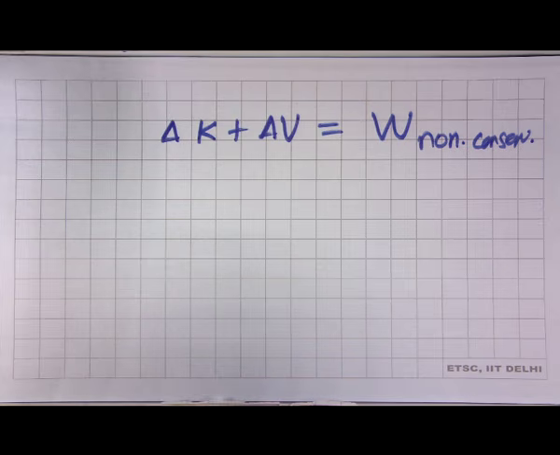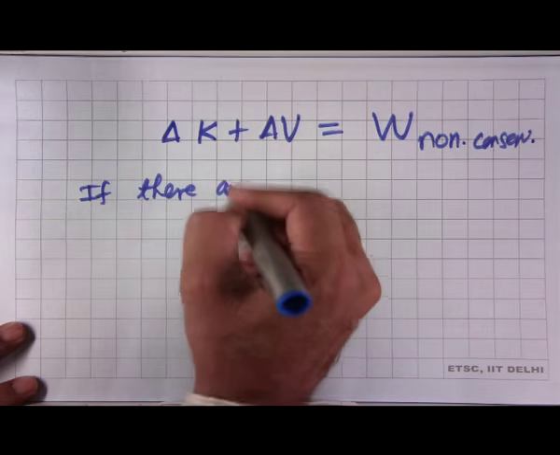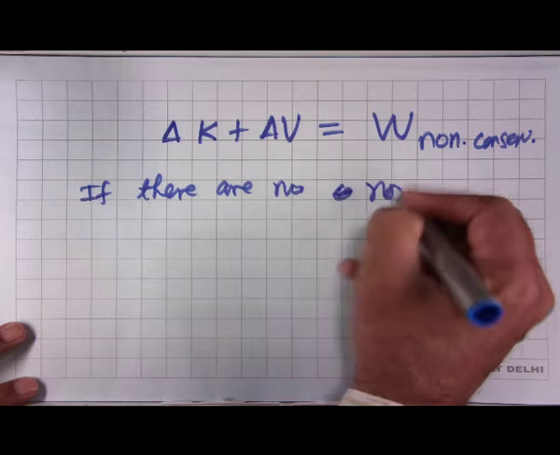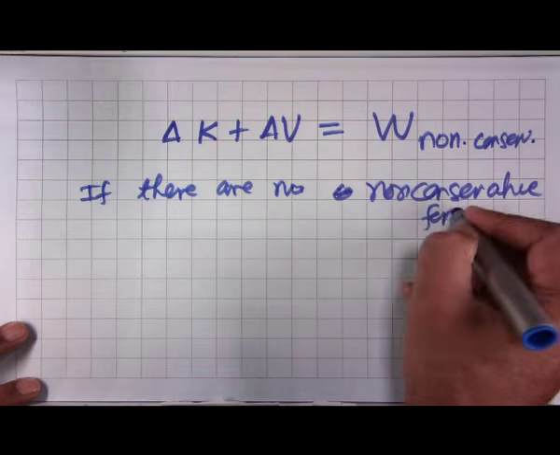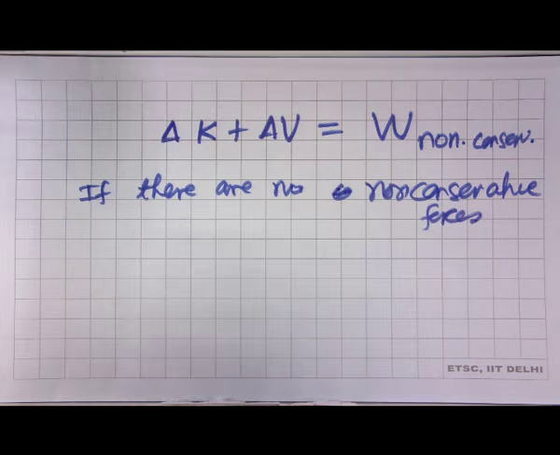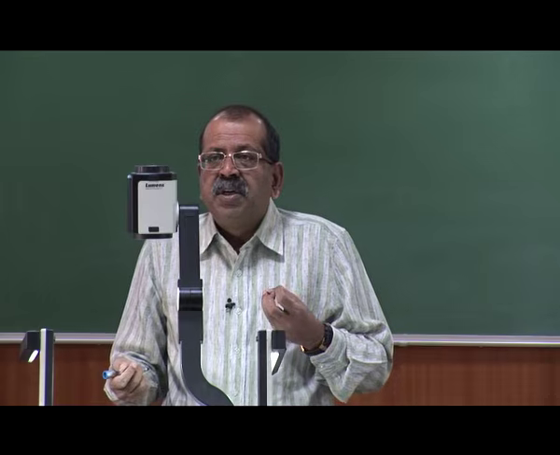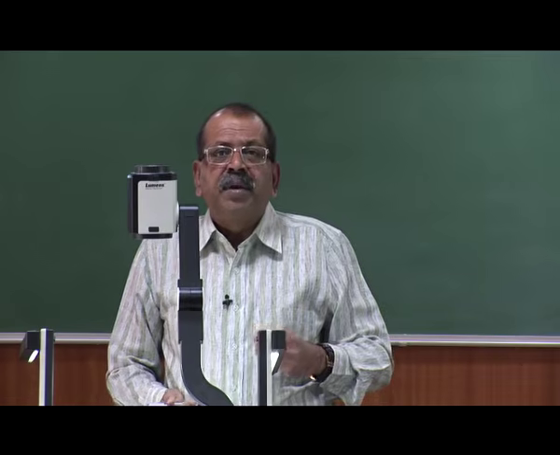Now, if there are no non-conservative forces, and this happened when we took the first two examples of a block sliding on a frictionless ground and hitting a spring, or a ball being thrown up into air,